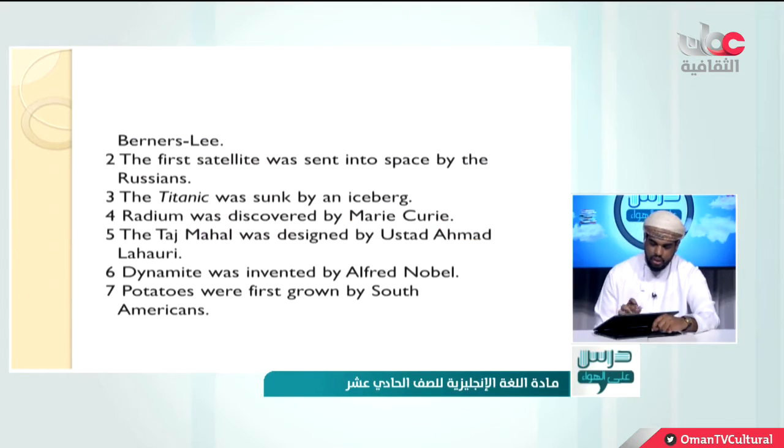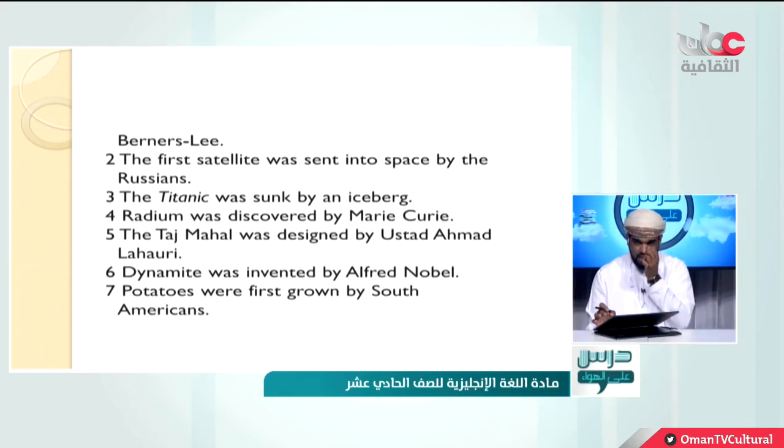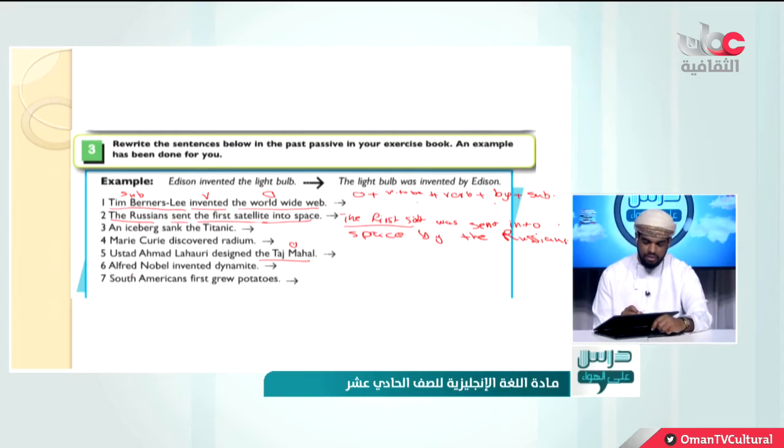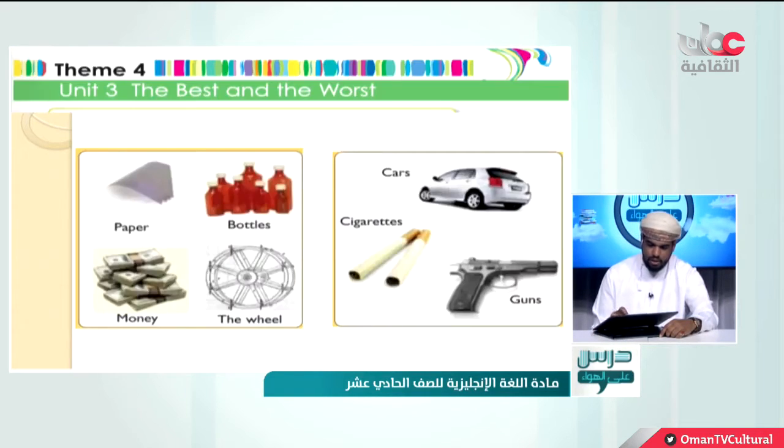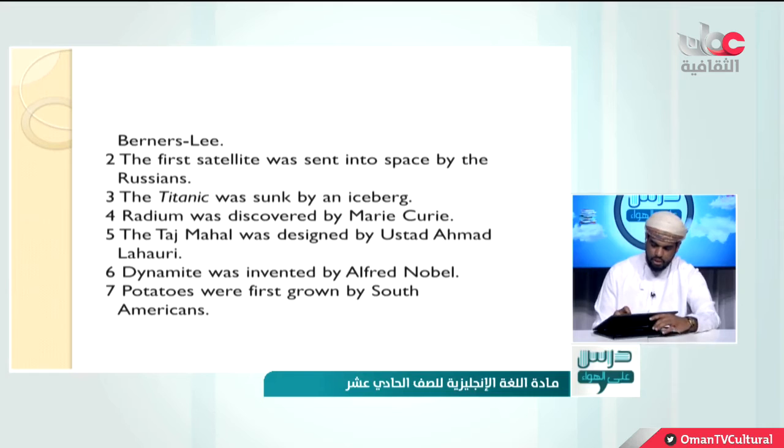So I want you to take a picture of the answers here as you see them. Number 6, dynamite was invented by Alfred Nobel. Alfred Nobel invented dynamite. Okay, potatoes were first grown by South Americans and so on. So take a screenshot with these answers, and inshallah later on you will check it by yourself. Now let's go